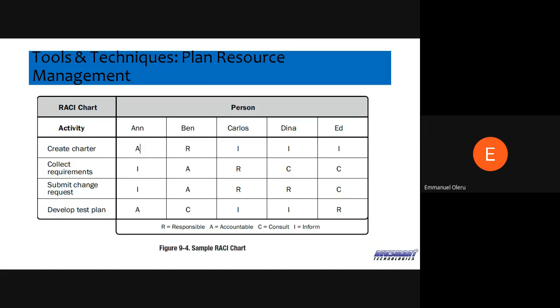Now, accountable means who is the owner. You might want to write this down because I don't think I have it here. I'm just speaking from memory: accountable talks about who is the owner. So the person that at the end of the day approves the work or signs off the deliverable, right? Usually it is one person that should be accountable for a specific task. That's the rule of thumb. But basically, accountability talks about who is the owner.